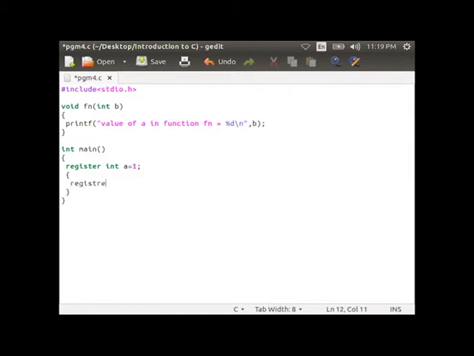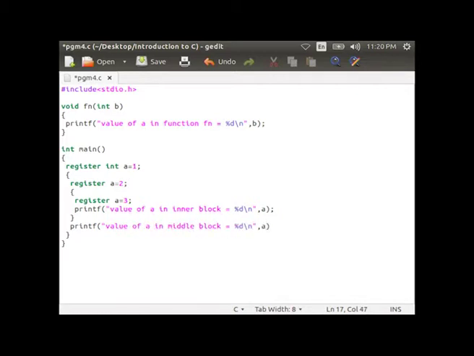another curly brace, register a equal to 2, and another curly brace and register a equal to 3. Then printf value of a in inner block equal to %d comma a, then close the curly brace. Next line, printf value of a in middle block equal to %d comma a, then you call the function fn, that is fn with parameter a, then close the curly brace. Then printf value of a in outer block equal to %d comma a, then return 0 and close the final